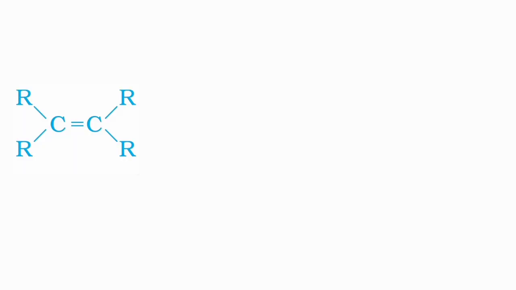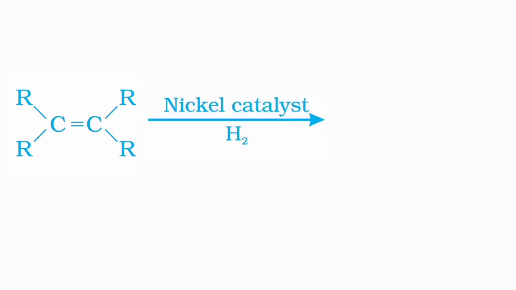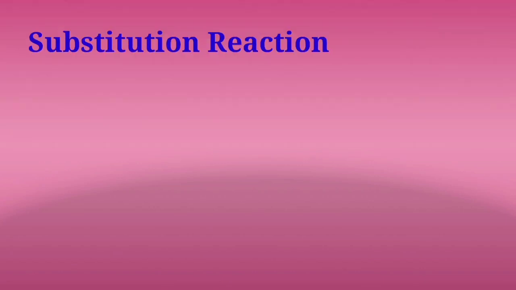Now we'll take an example. This is alkene, as a double bond is present. If there was a triple bond, then it would have been alkyne, but since a double bond is present, it is alkene. It will react with hydrogen in the presence of nickel, which will act as a catalyst. The double bond will break, and those bonds will be taken up by hydrogen. So as you can see, the double bond is broken and taken by hydrogen, so it is converted into alkanes. So this is addition reaction.